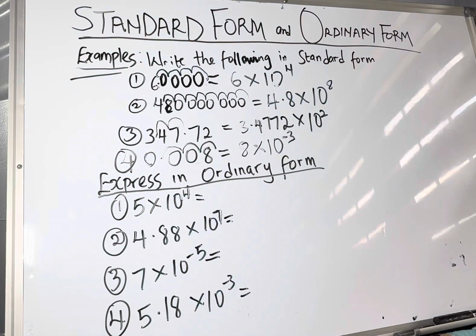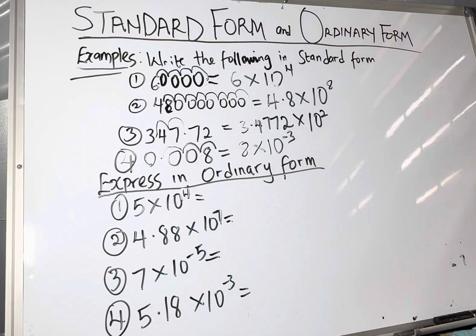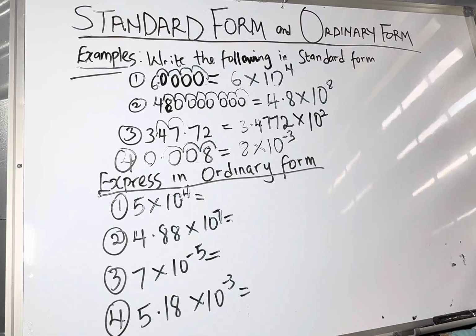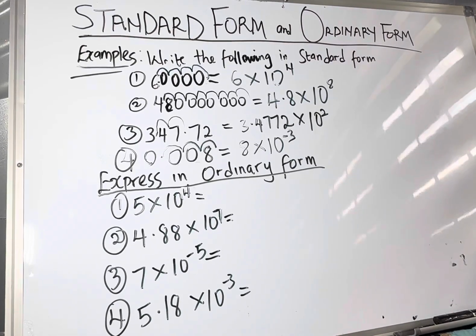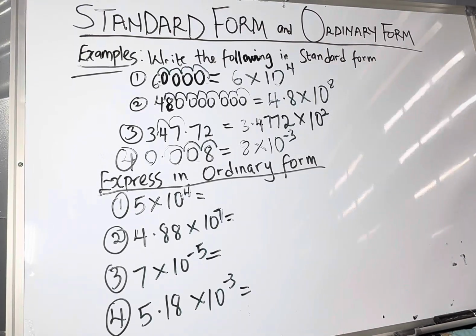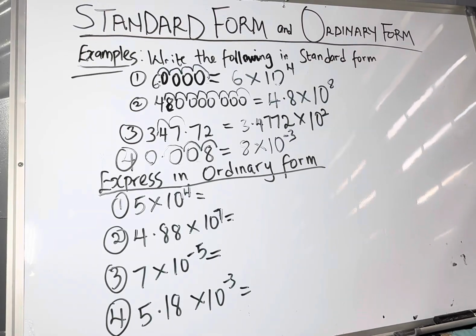Now, let's look at examples under ordinary forms. Like I said, ordinary form is the usual form of number we deal with in our daily activities. Example 1, 5 multiplied by 10 raised to power 4, which simply means